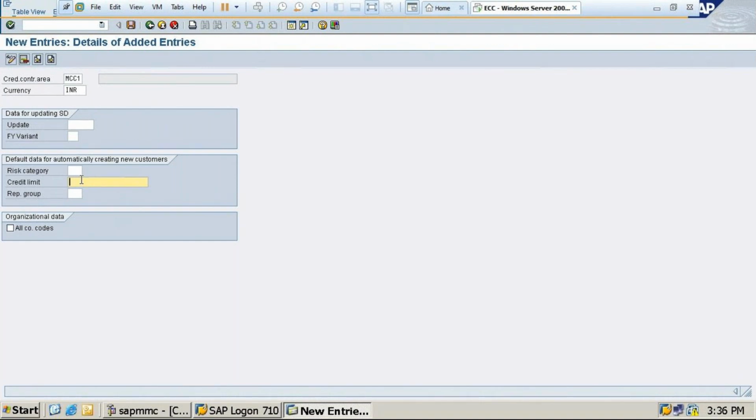Credit limit in the sense, see if I give 5 nines, individual digits mean I have only 0 to 9. Apart from that we don't have numbers. Whatever numbers we give is a continuation that we process with that 0 to 9 only. So every single individual digit is counted in SAP. Now for example, what will be my credit limit? 10,000. 10,000 in the sense it is how much value it will have.